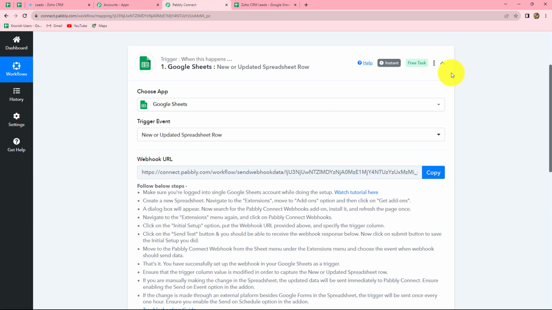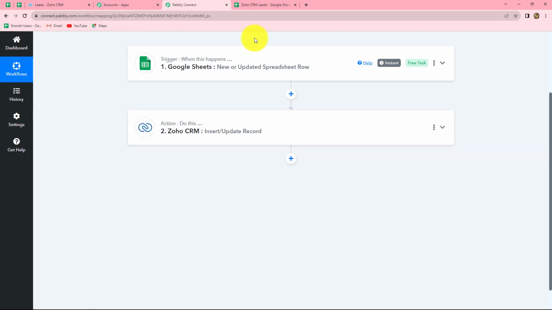So let's go back to Pabbly Connect and summarize what we have done in this workflow. Basically we have taken two simple steps, trigger and action. In trigger we have taken Google Sheets, and in action we have taken Zoho CRM. We have connected both of them by using Pabbly Connect in such a way that whenever a new row is added in our Google Sheets, in different sheets, automatically by using the same response, a new lead is